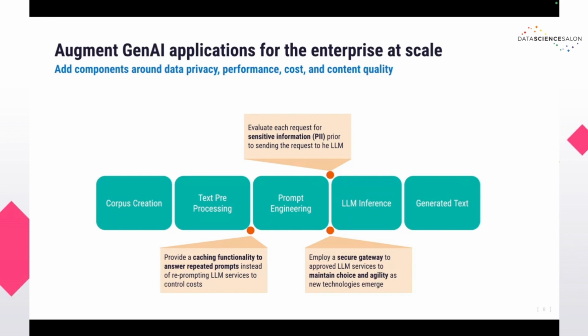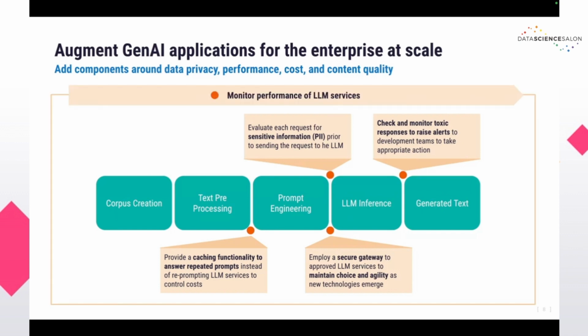Also, how could we provide some sort of caching functionality if the same prompts or questions are asked multiple times? How can we use a cache instead of reprompting the LLM service to control some sort of cost? On the generated output, how can we check and monitor toxic responses, raise alerts to our development team to take appropriate action? And finally, how can we monitor the performance of the LLM services across this project and then multiple